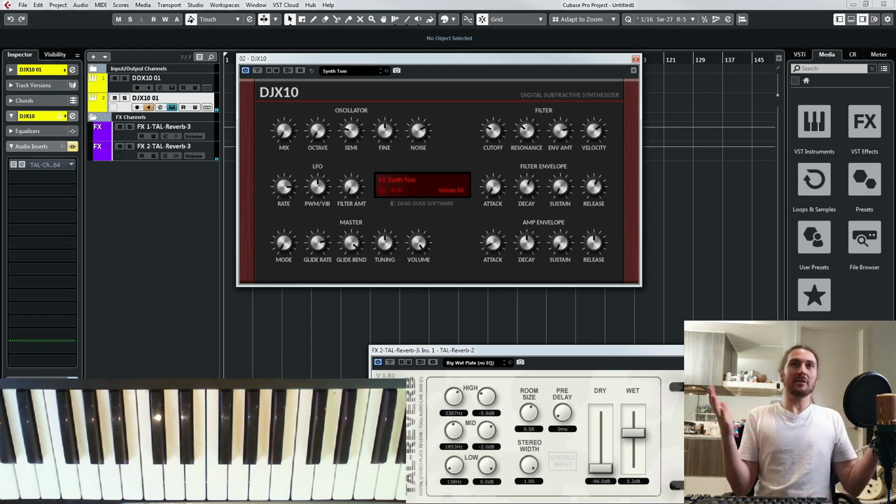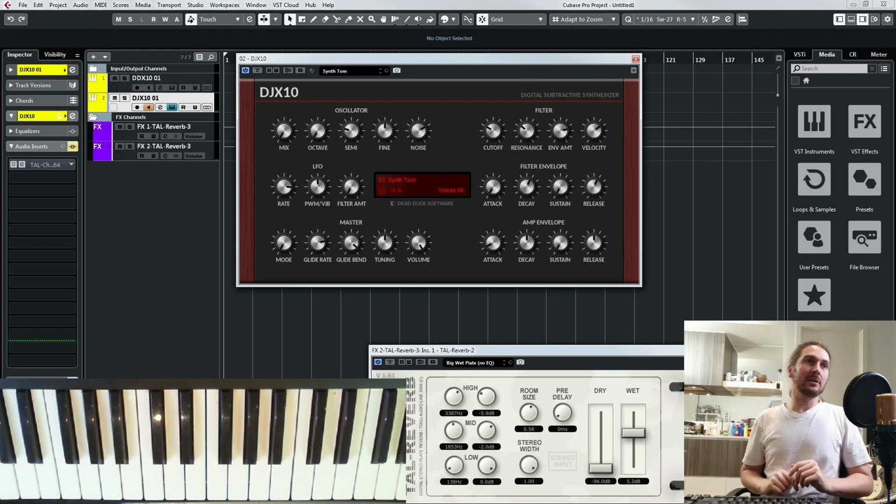You get the idea. Not the best synth in the world, but basically very easy to use, so go check